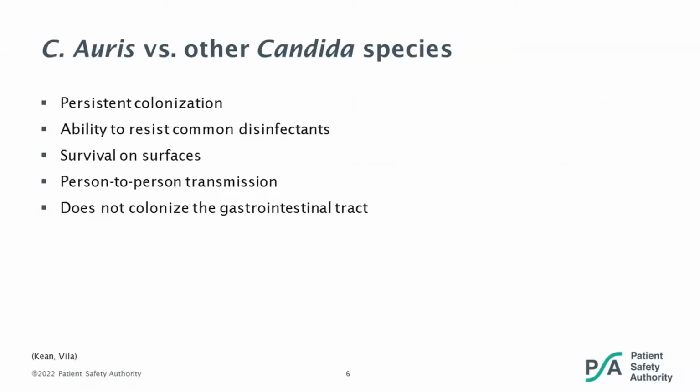When we're looking at C. auris as compared to other Candida species, there are some vital differences that are important to keep in mind. There was a quote from a journal article published in Pathogens and Disease by Vila that stated, "While much remains unknown about the biology of C. auris, it has become quite evident that this new species is strikingly different from its close relatives in terms of its genetics, resilience, and pathogenic capabilities, to an extent that will change the way we think about Candida and Candida